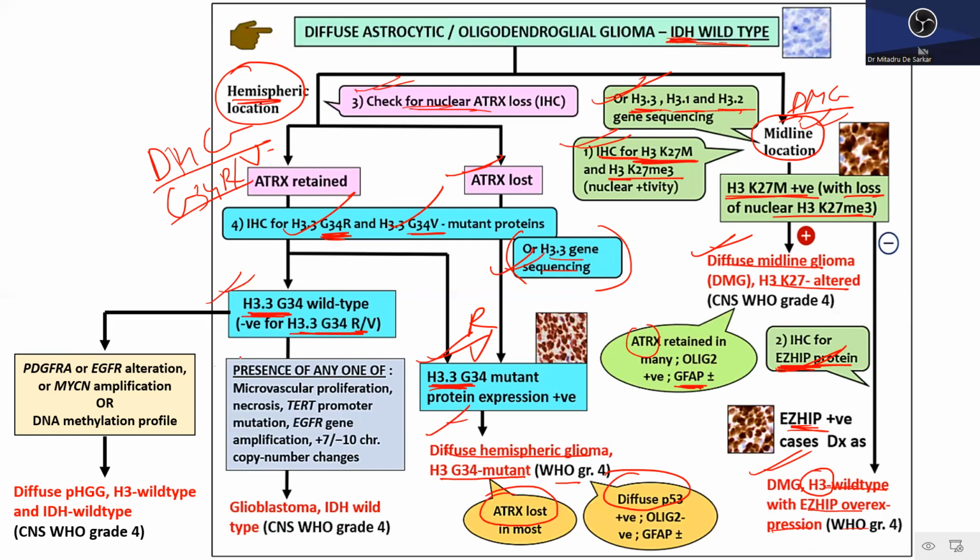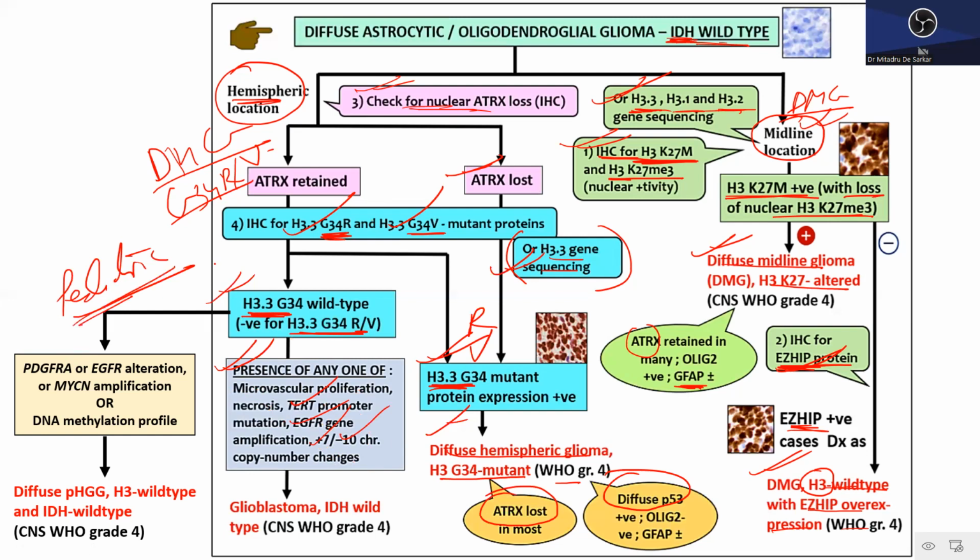H3G34 type, in the case of the adults, check whether there is microvascular proliferation, necrosis, TERT promoter mutation, EGFR gene amplification, or gain of chromosome 7 and loss of chromosome 10, in which case your diagnosis becomes a glioblastoma of IDH wild type nature. And in the case of the pediatric age group,